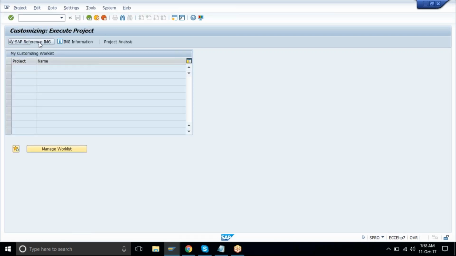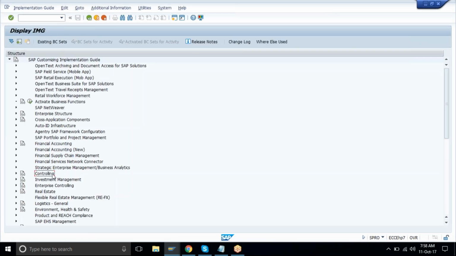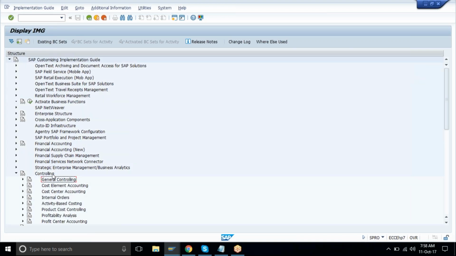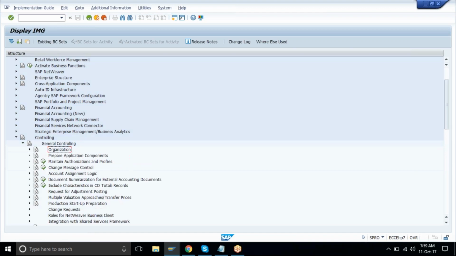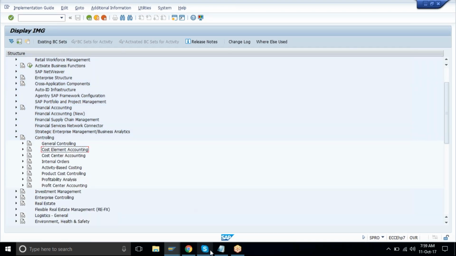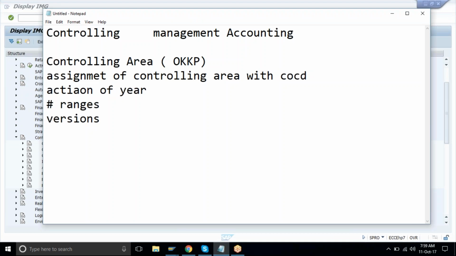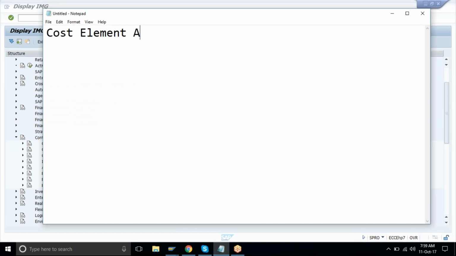So 3 things we did: defining controlling area, maintaining number ranges, and maintaining versions. These are the part of most basic settings you have. The very next thing that we are going to cover here is going to be called as cost element accounting. Now you have to understand what is cost accounting. Cost elements. Cost elements are basically your GL accounts